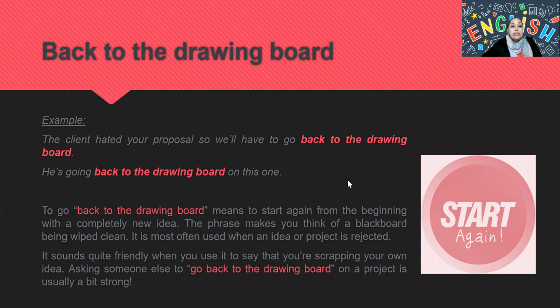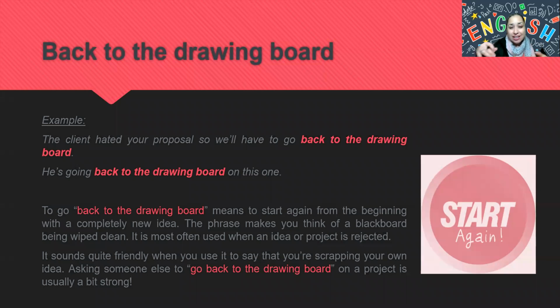It sounds quite friendly when you use it to say that you're scrapping your own idea. Asking someone else to go back to the drawing board on a project is usually a bit strong. For example, if your boss or your professor asks you to go back to the drawing board, it's like understanding that all that you were doing doesn't work.